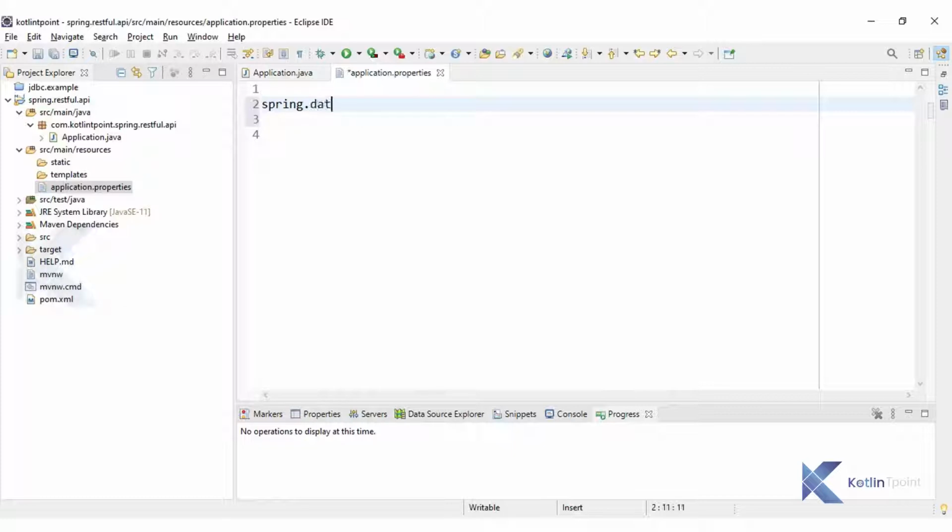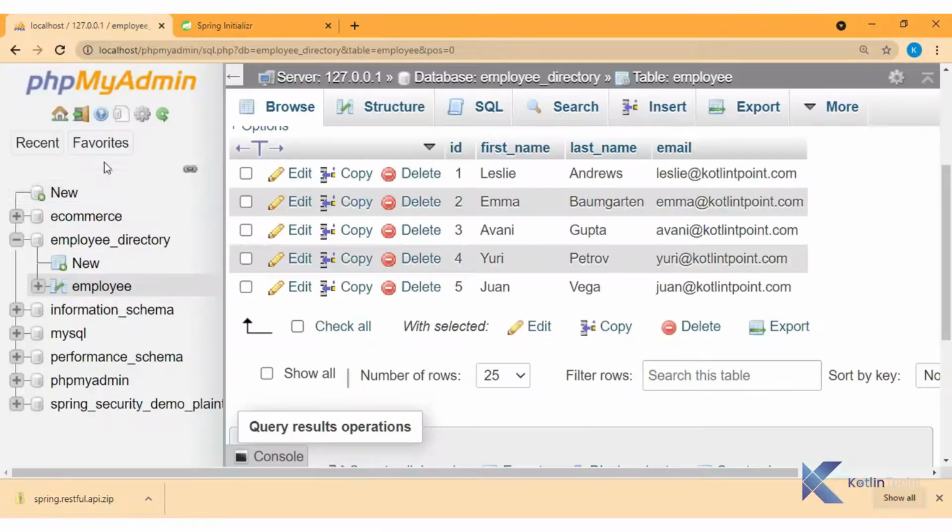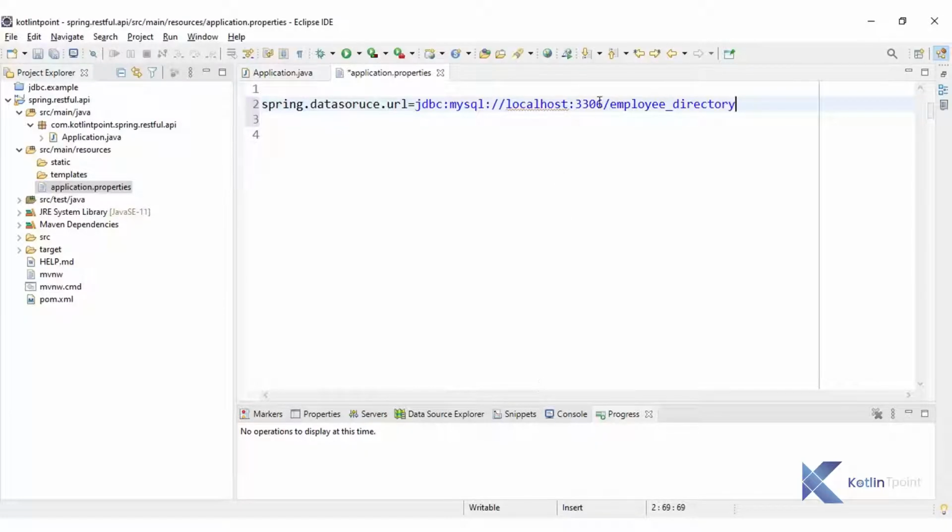So the data source related properties we are going to mention here: spring.datasource.url equal to jdbc:mysql://localhost:3306/ and the database name, which is employee_directory. As I saw earlier, our database name is employee_directory, so accordingly I have given the database name.